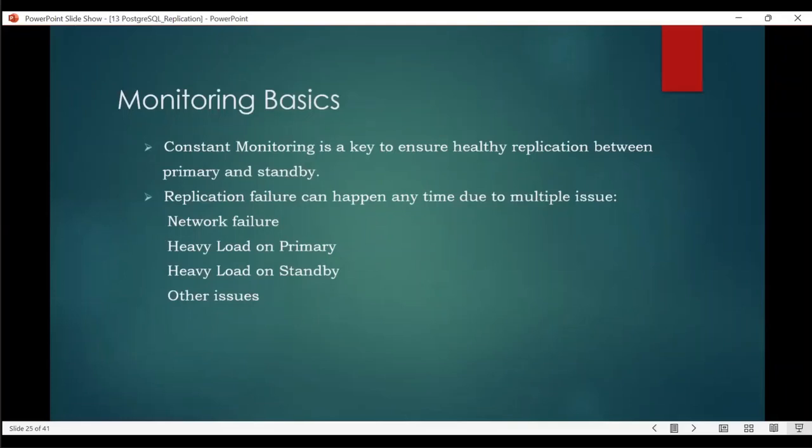Now once we configure the streaming replication, it's very important for a DBA to monitor the replication, right? So there may be